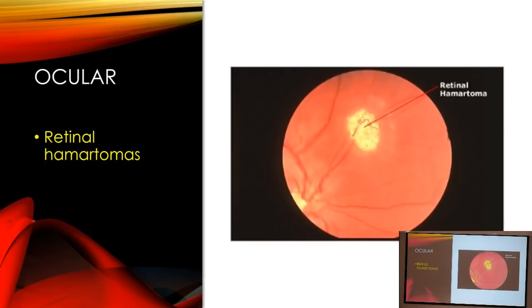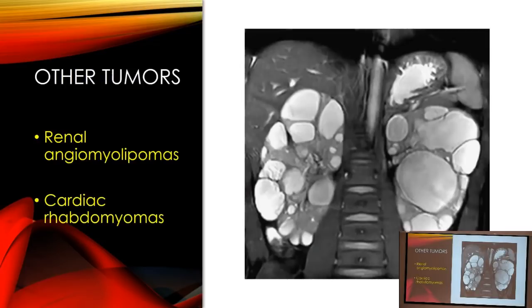In the eye, patients can have retinal hamartomas. So again, ophthalmology is going to be involved in most of these neurocutaneous syndromes. And they can have other tumors. These are characteristic for tuberous sclerosis, much more commonly involving the kidney or the heart. This is a patient, we're looking at the kidneys here, that has extensive angiomyolipomas